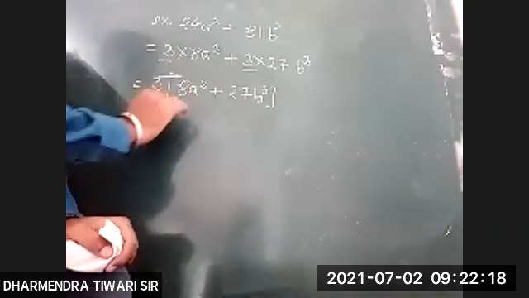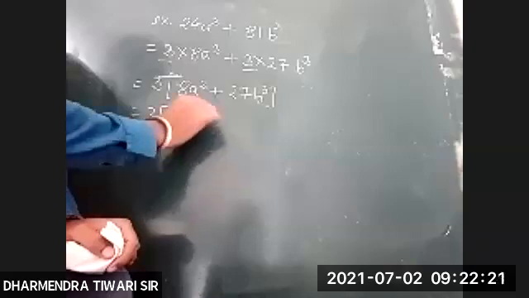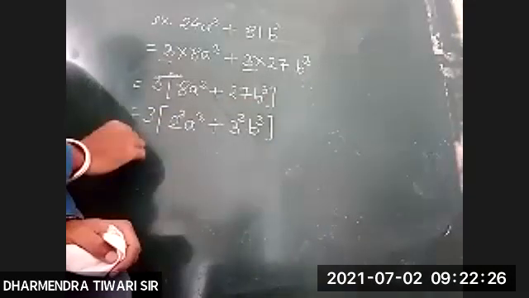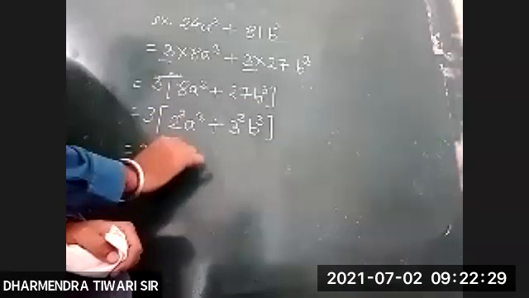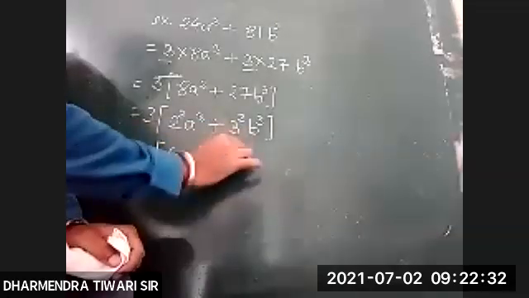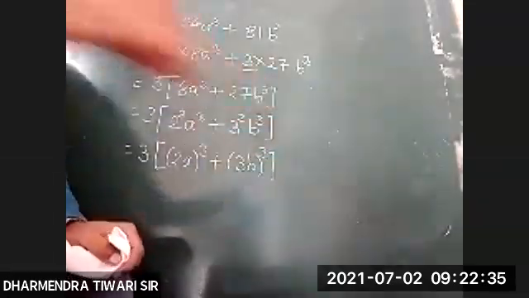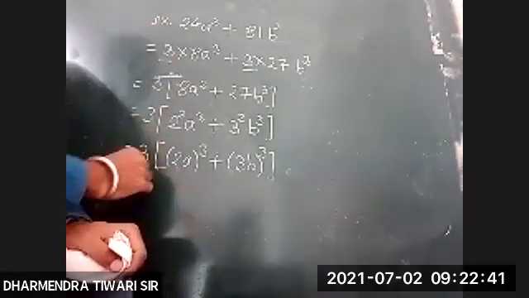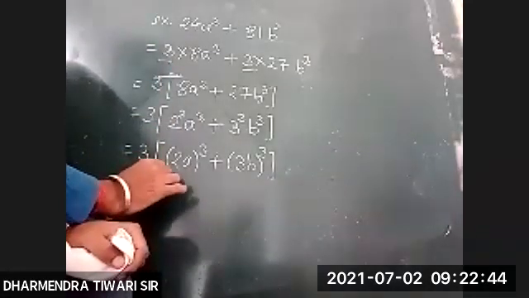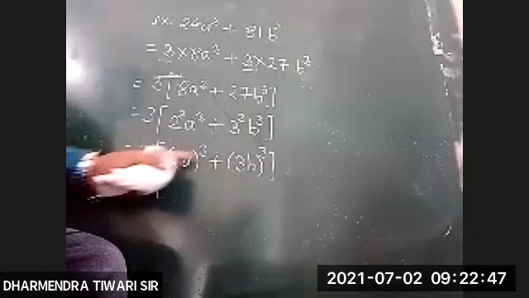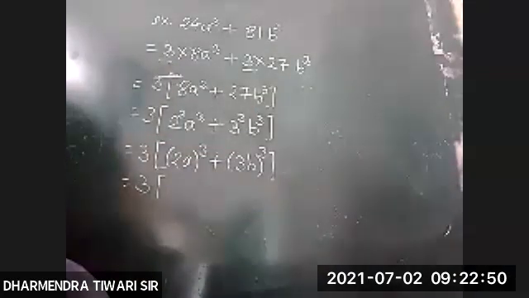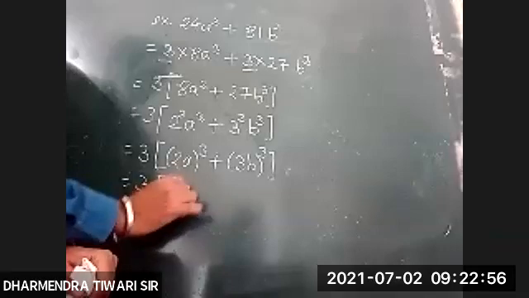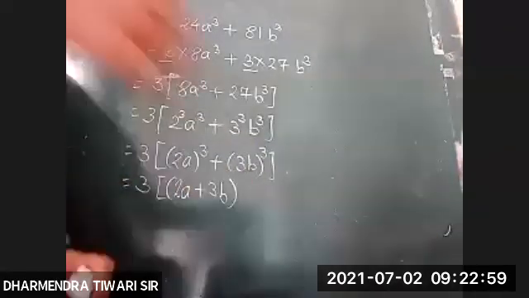So you can write this as 3 into (2 cube a cube plus 3 cube b cube), and this is 3 into ((2a) cube plus (3b) cube). So 3 into, now you can apply the formula. What is the formula? A cube plus b cube. You know the formula. So I'm writing things in square bracket as we are having 3 outside. So this is (2a plus 3b),